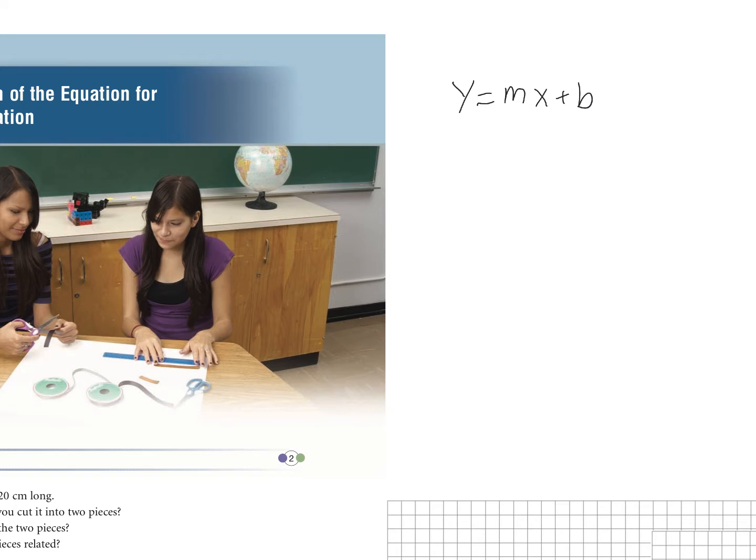Usually that means they come in the form of y equals something along the lines of, say, 3x plus 7, as an example. This is telling us that y still just stands for y, and x is still just standing for x, but the value of m would be 3, and the value of b is 7,